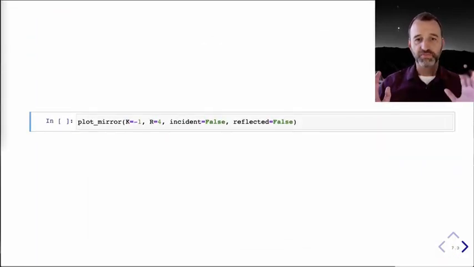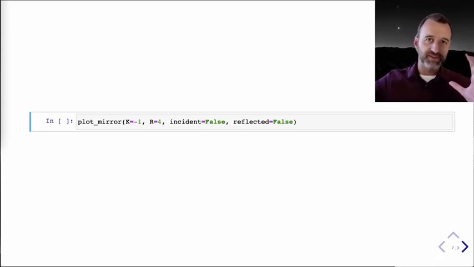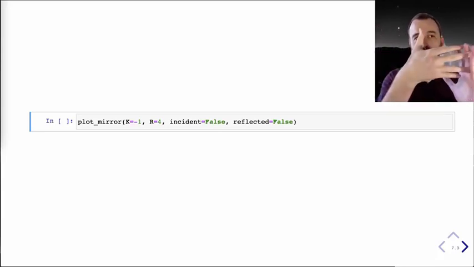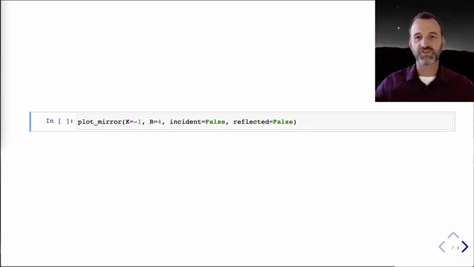Okay, so let's start by just plotting our mirror, and we'll have some incident lines coming in parallel, and they're going to reflect off, and we'll see where they go here. We'll start off with a curvature of -1. That's a parabola. It's an interesting shape if you know how this works out. For making a mirror, we're going to set the radius to 4, and we're going to start by just showing the mirror itself. So if I run this,